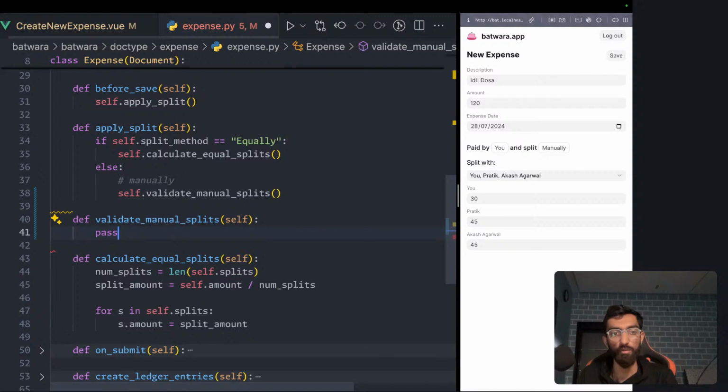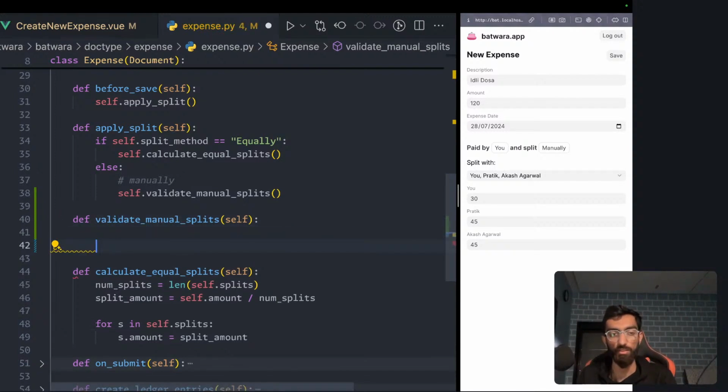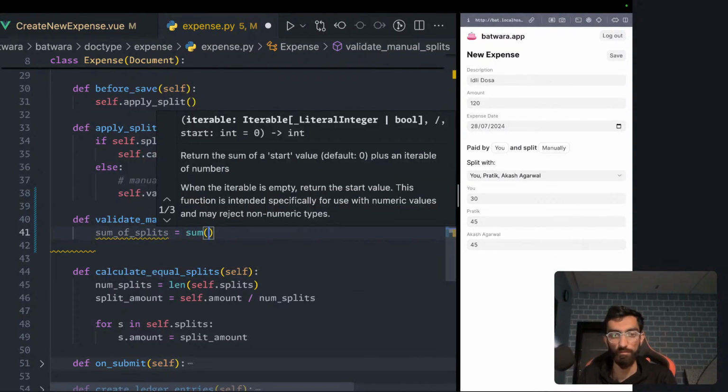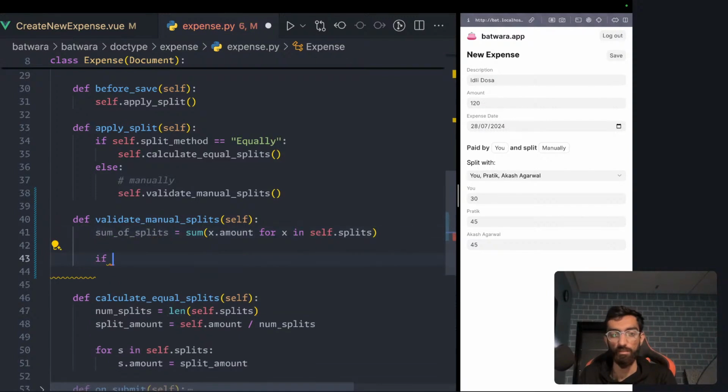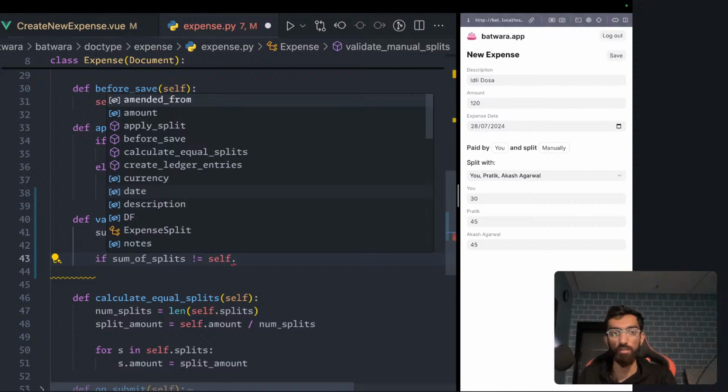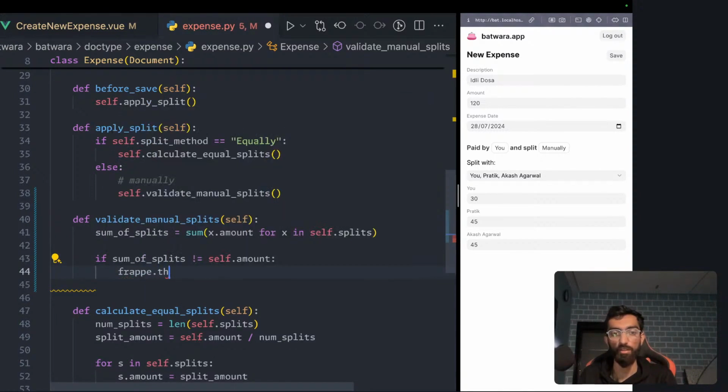So how do we validate? We have to sum up each of the splits: x dot amount for x in self dot splits. If sum of splits not equal to self dot amount, frappe dot throw